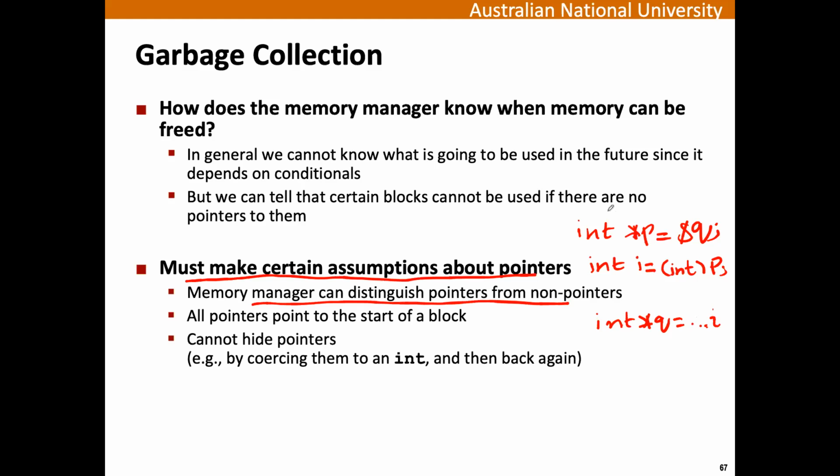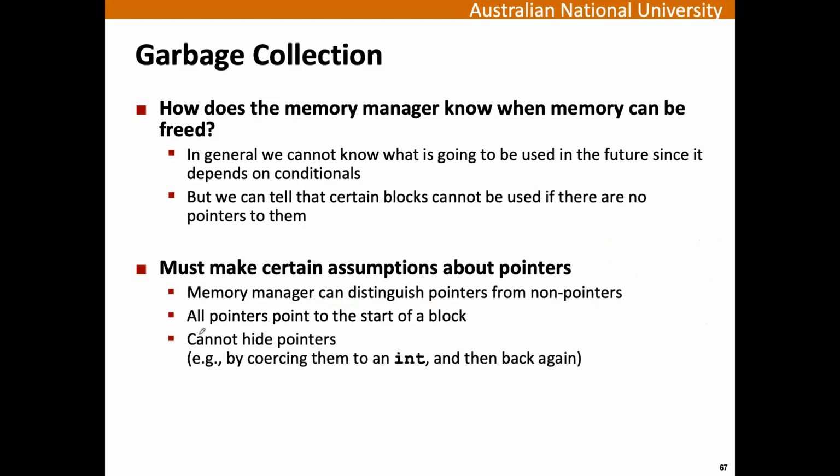And in other languages, there is a very clear distinction between pointers and non-pointers. There are tags, there is runtime type information attached to words to specify that this is an address, this is a pointer. In C, you can do this casting, and now I and P both look like pointers. A word in memory that contains P and a word in memory that contains I, they both look like addresses. So the garbage collector has to be conservative and assume that I is also an address of a block. Anyway,